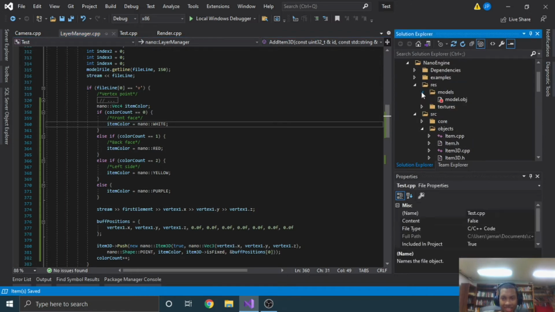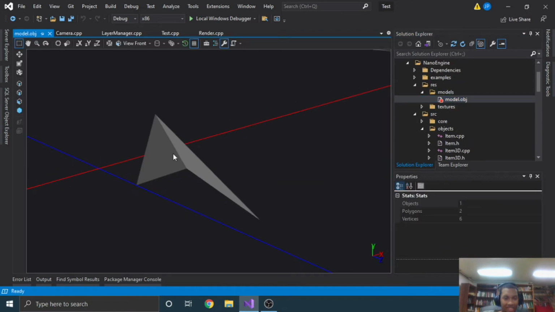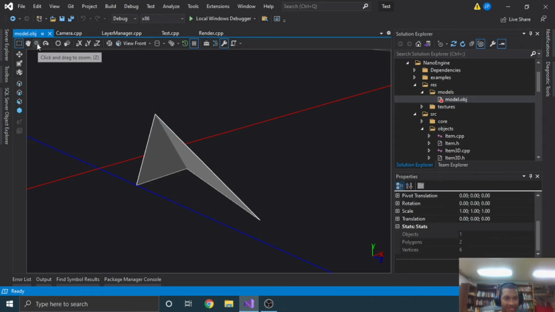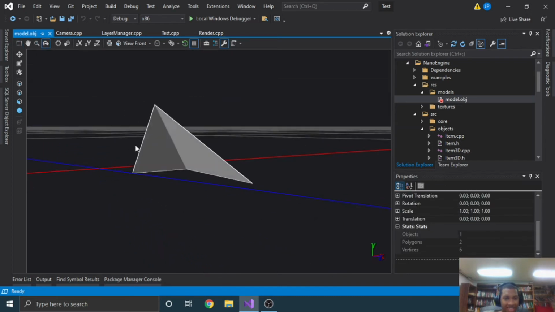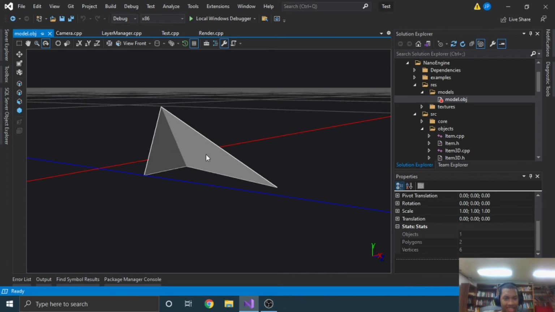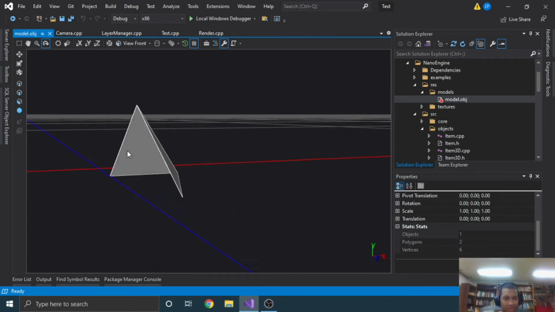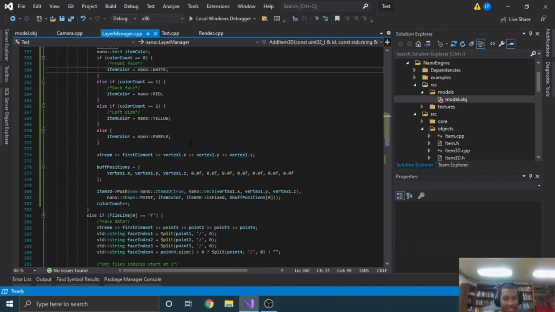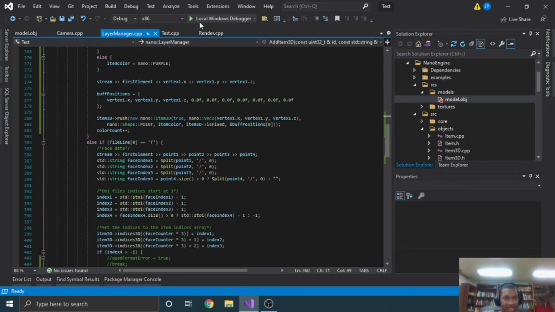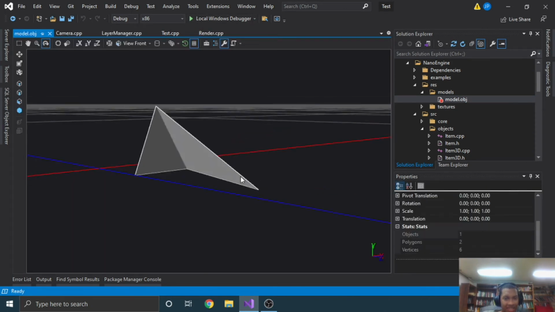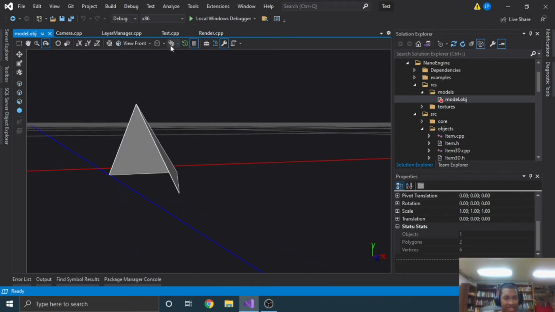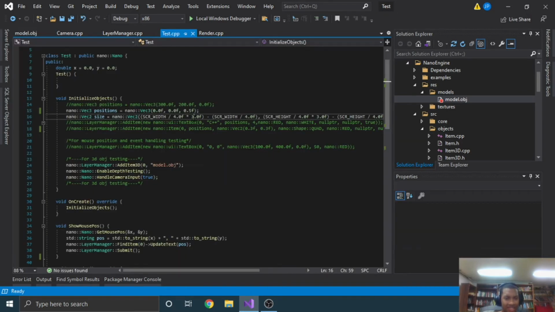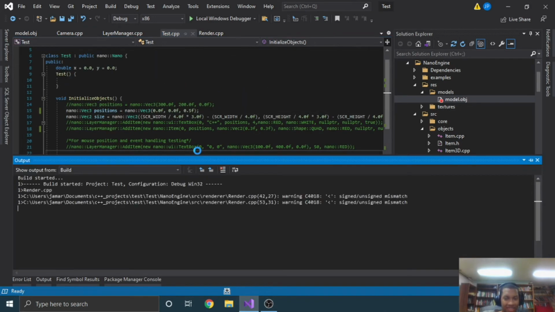So I just made a quick half pyramid here. You can see this right here is the front side, and this one's the back side here. And because the Z is going from 0.1 to 100, let me see here, I set this to 10 so that it would actually be kind of visible in terms of some perspective a little bit. That probably needs some work though, but anyways, if I run this,